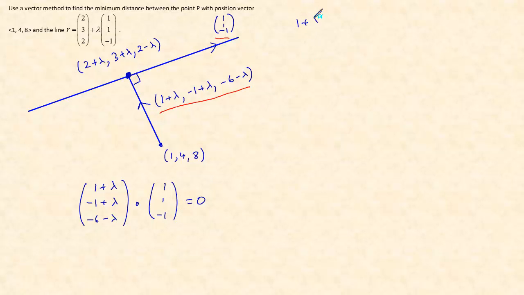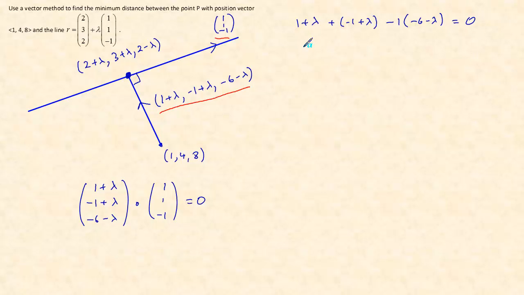So that's 1 + λ, add -1 + λ, and then take away -6 - λ